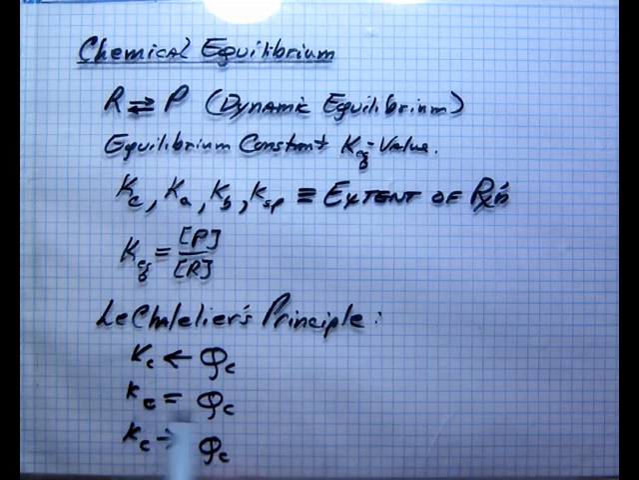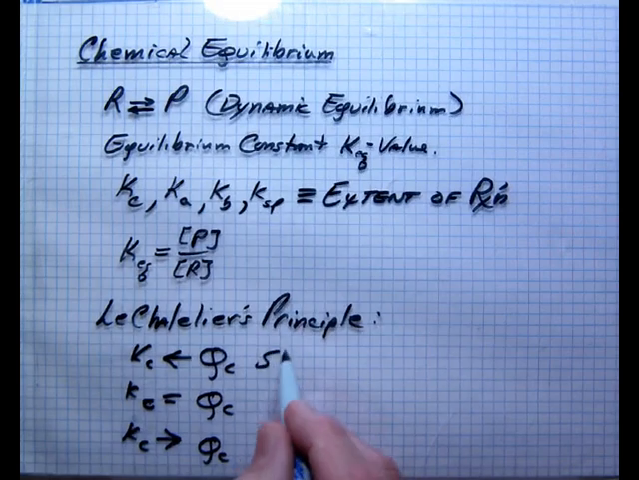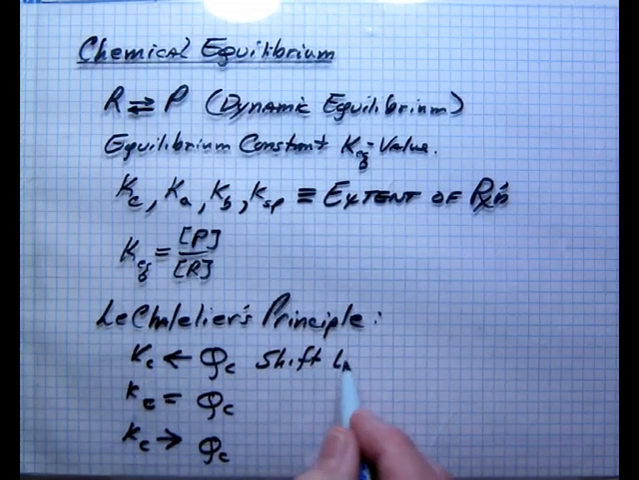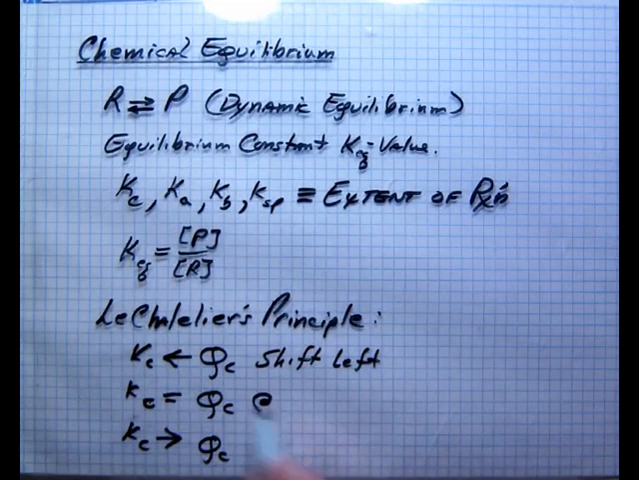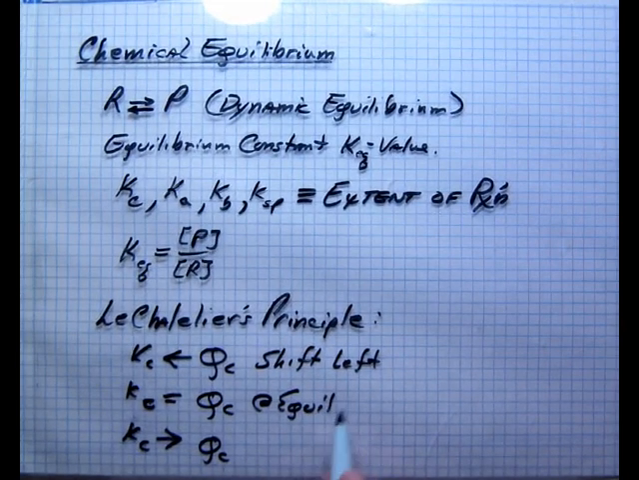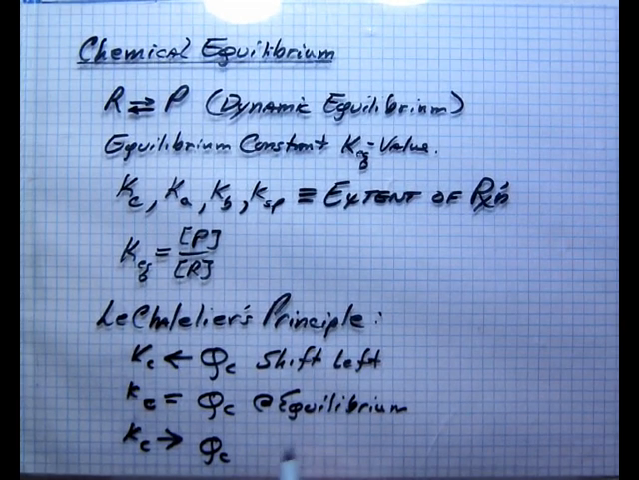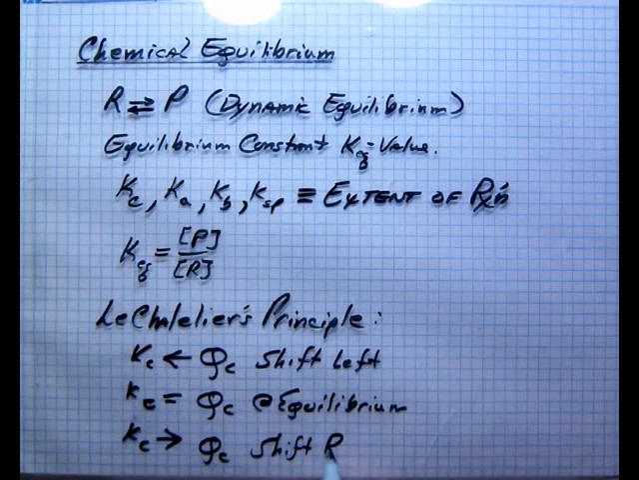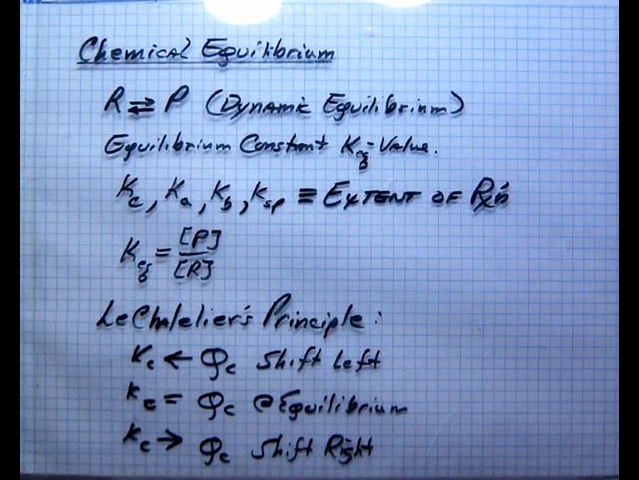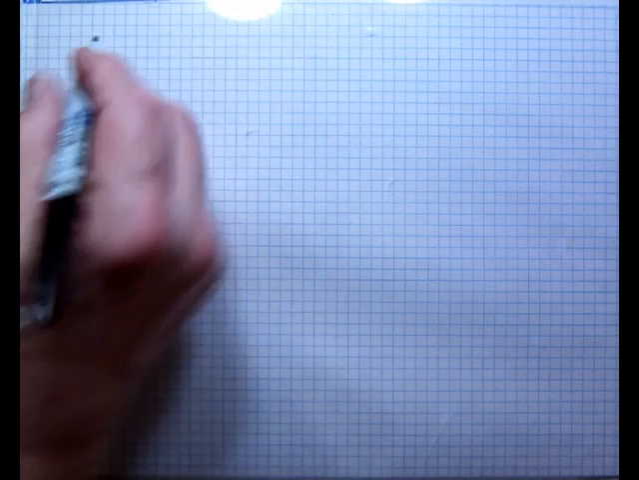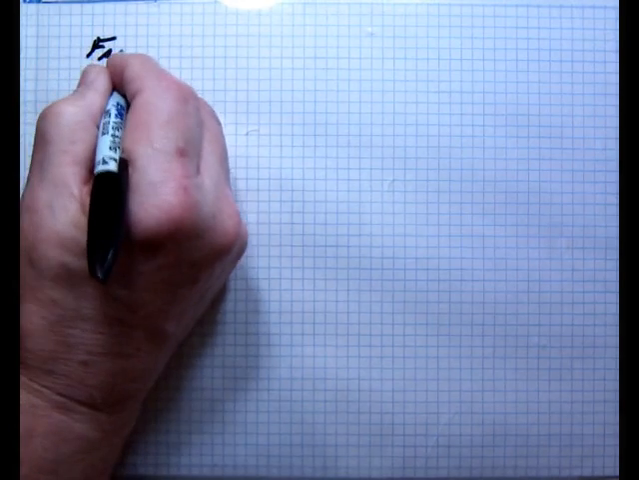However, KC equals QC will certainly mean it's at equilibrium anyway. So you can shift left, or at equilibrium, or shift right based on that relationship. Well, today we look at factors